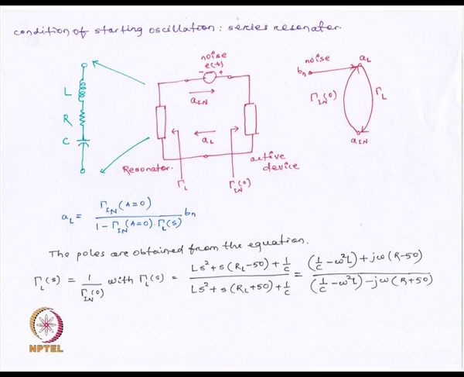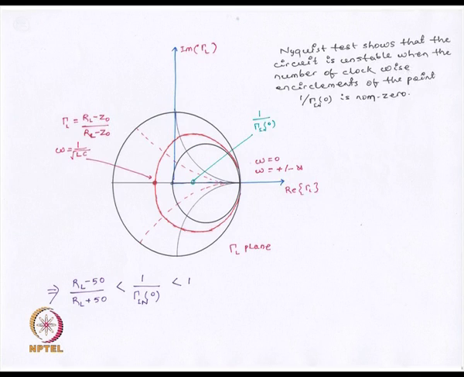And at the point of oscillation, you have to have the modulus of R in greater than RL. Now, after some mathematical manipulation, it can be shown that the condition reduces to this. So, the RL of the resonator should be such that it satisfies this condition. So, in summary,